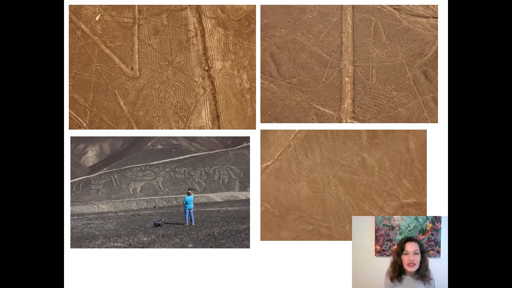You can see in the upper left there's a tarantula. On the upper right, it seems to be a whale. Bottom right, we've got a monkey with a really, really curly tail. And I'm not entirely sure what is on the left there, but these are also massive, just like the ones in